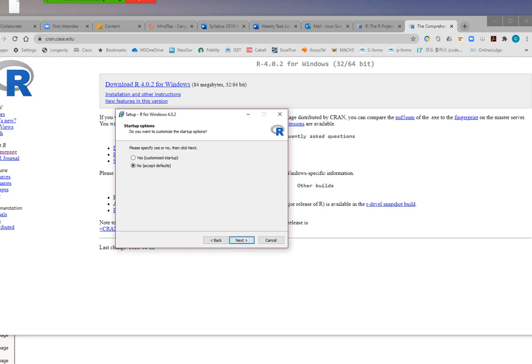I'm going to accept the default. And then yes, R. And then I'm going to create a shortcut, and then launch the shortcut. Okay, so that's it. Just click, click, click, click.